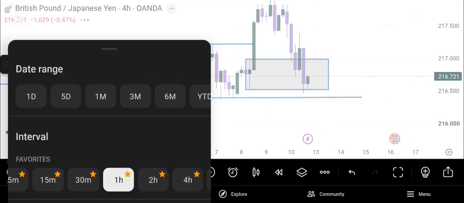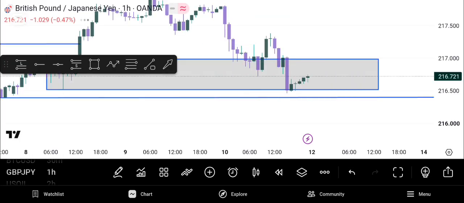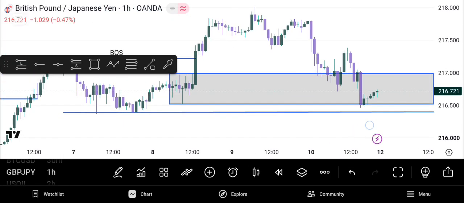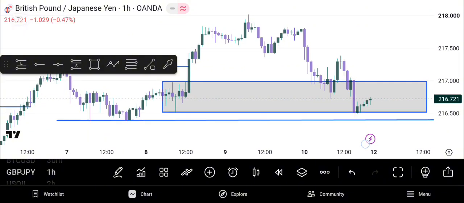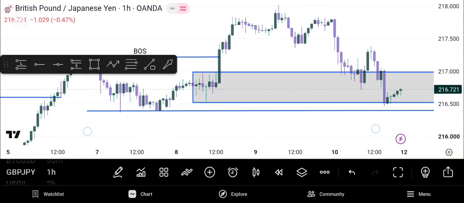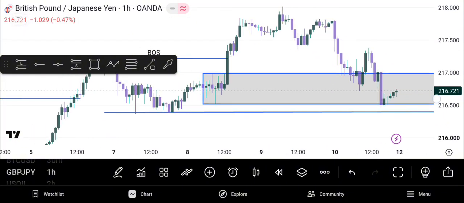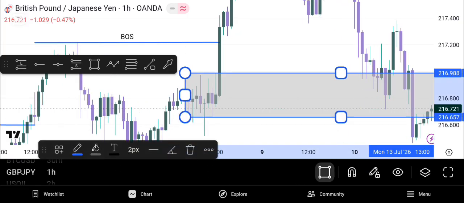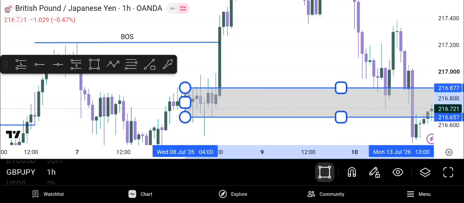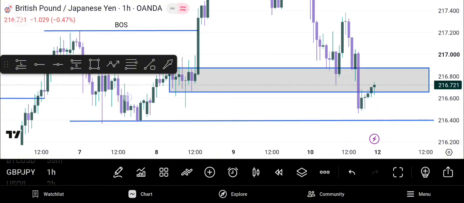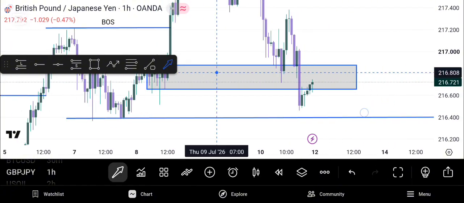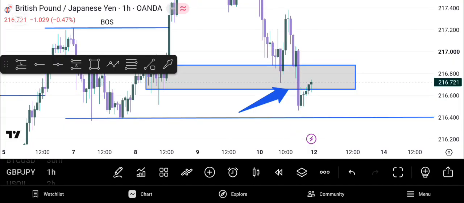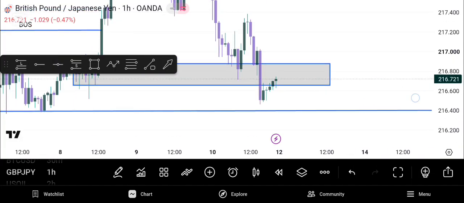And see a 1 hour time frame first. Okay, so we are on the 1 hour time frame, and from the 1 hour time frame, price looks like it is going down, right? Because if we were to refine this demand zone, this will be it, right? This will be the demand zone. You can see that price already broke past that demand zone with a very high 1 hour momentum,